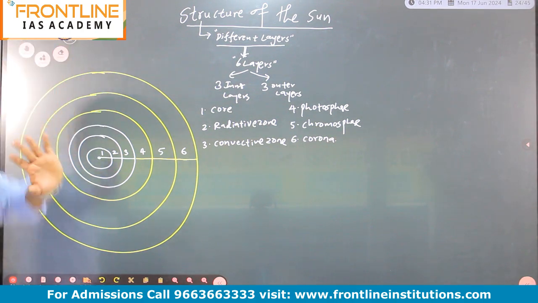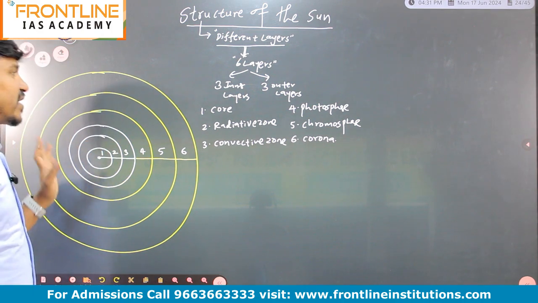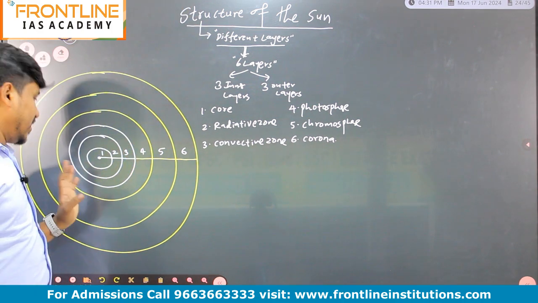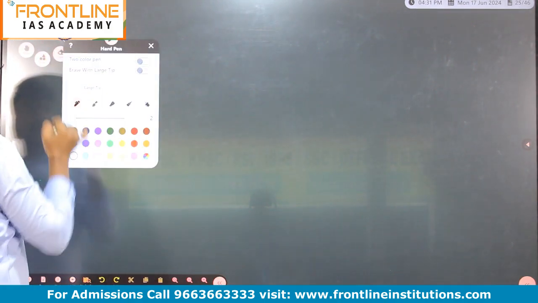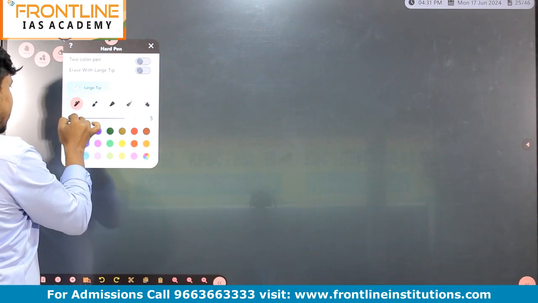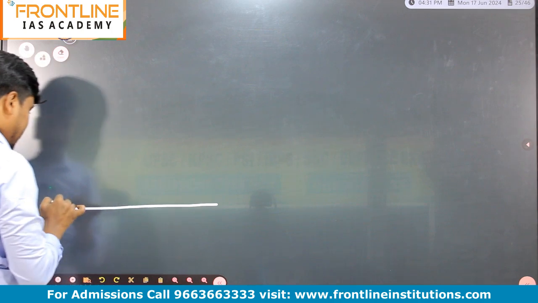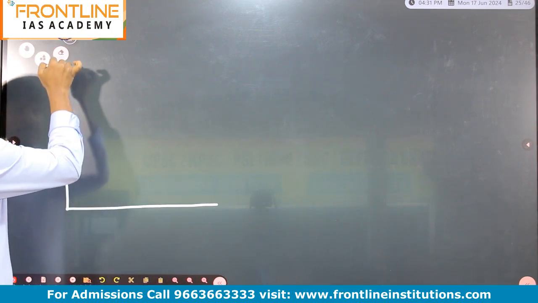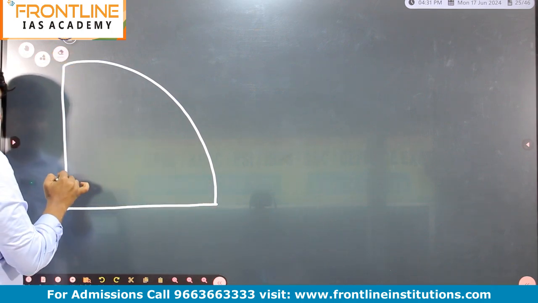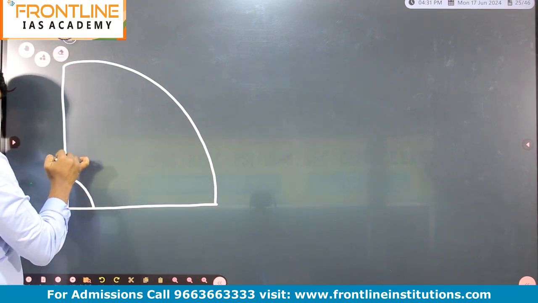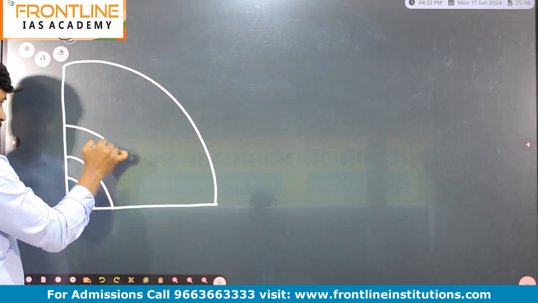Right, I will draw one diagram here which is very important for your exam. First you take this diagram, and then later I will explain these points. A very important one. So this first one is the core, then the radiative zone, then the convective zone,